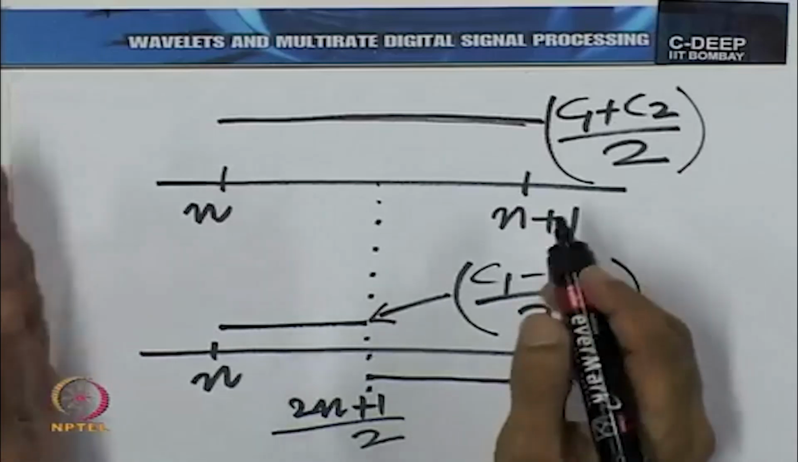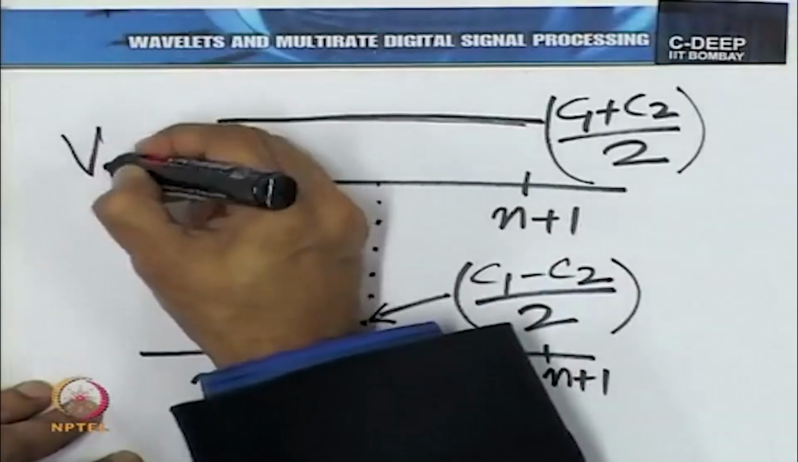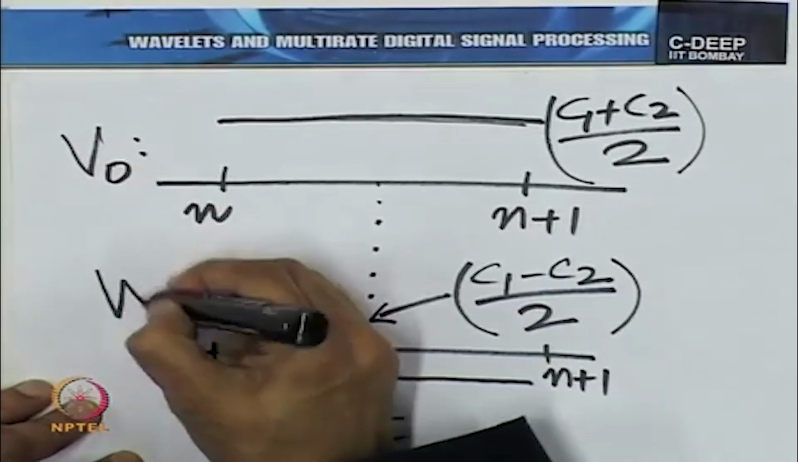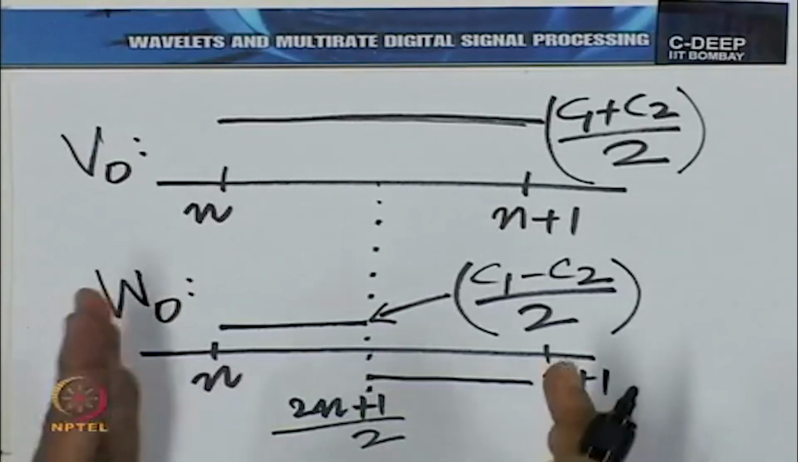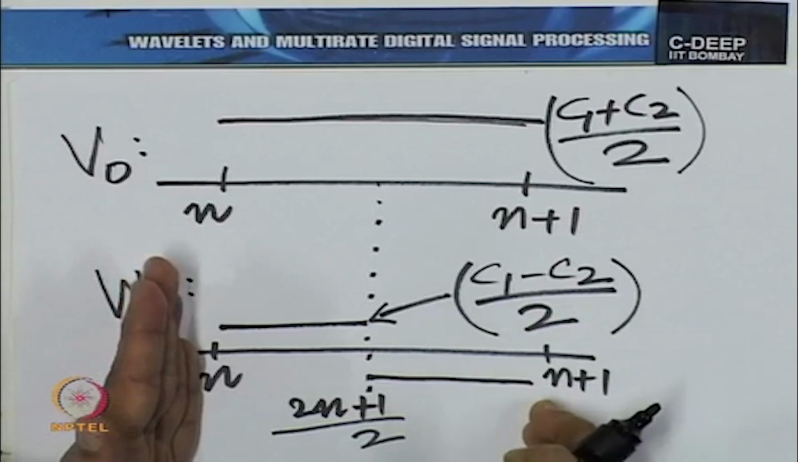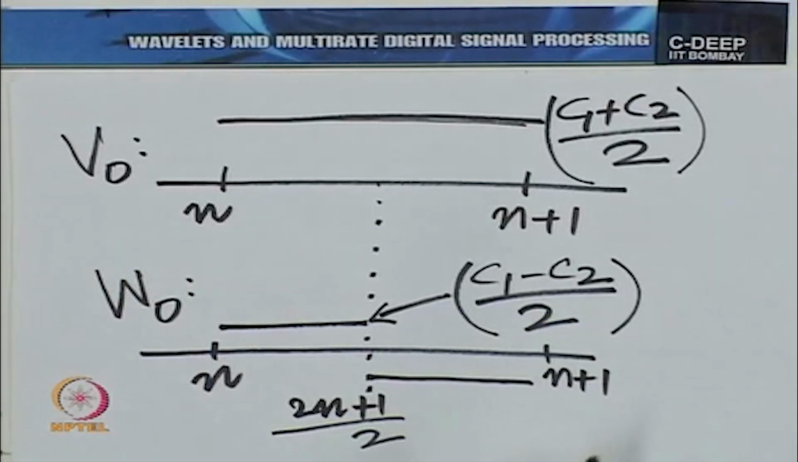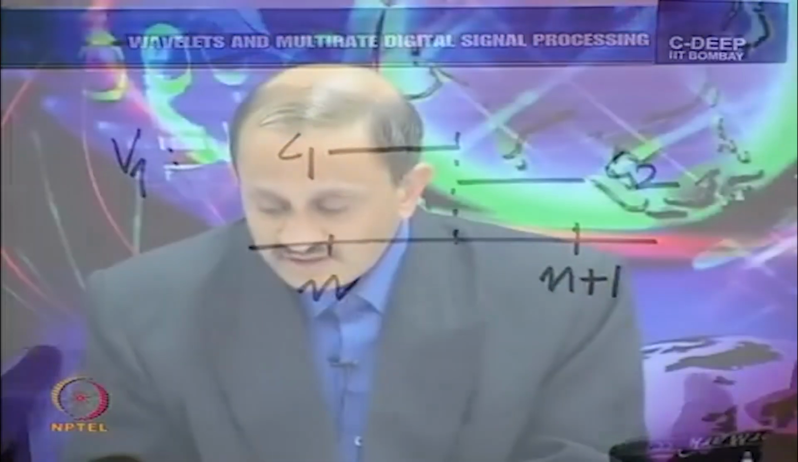So, what I am saying is the function coming from v 0 and the function coming from w 0. I am just showing one segment of each of these functions. The same thing can be done for each of the intervals n to n plus 1. What I am saying is that this function, whose segment over n to n plus 1 I have shown here,